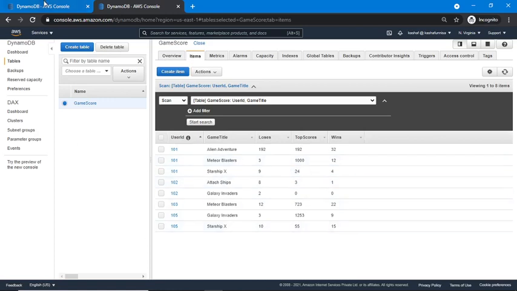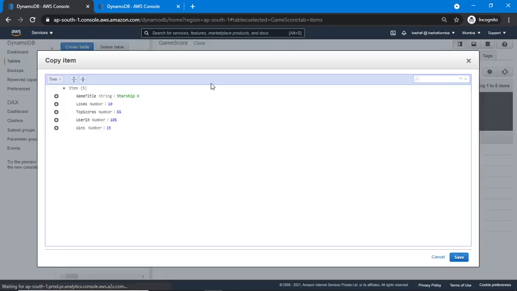So now let's see, suppose I insert a new item in my Mumbai region. So I am going to duplicate and add one more item. So we will see how it replicates in another region. So my user ID is 106 and suppose wins is 10.